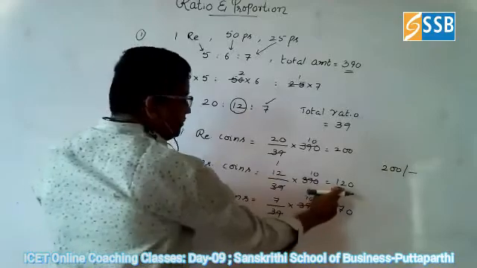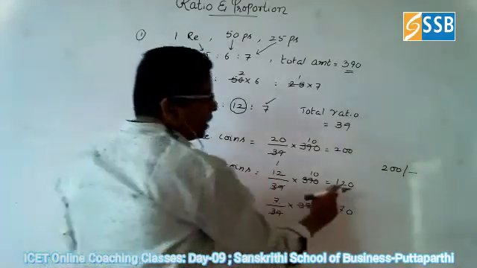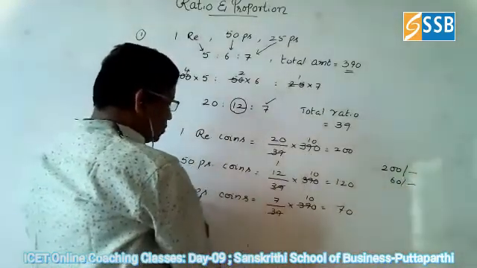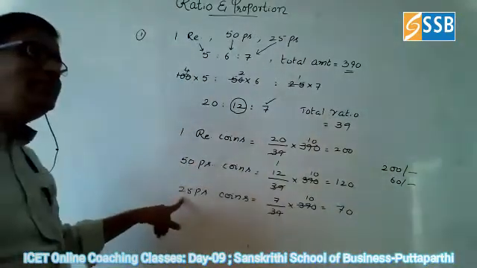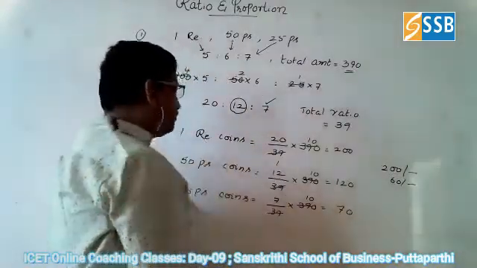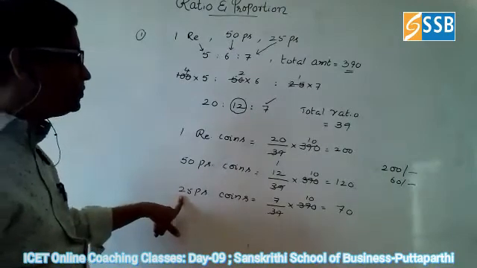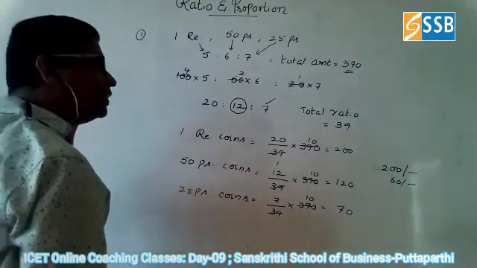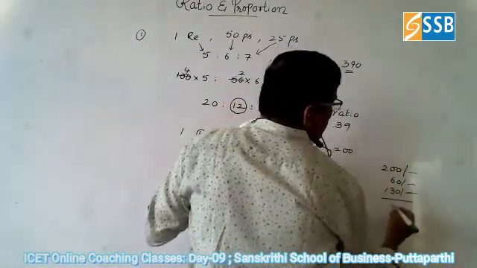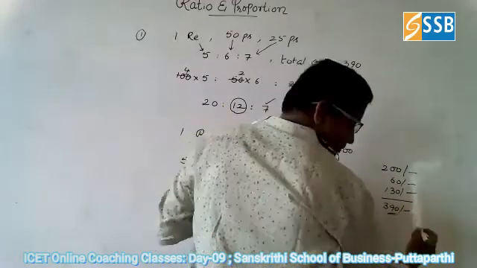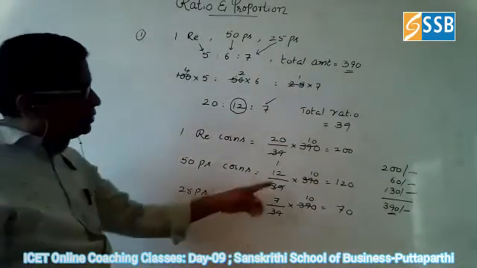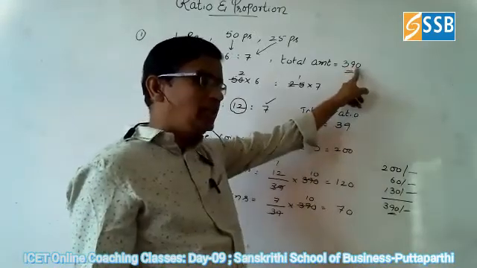Okay. 120 50-paise coins means half rupee coins, so 120 half is 60. Again, what about 25 sevens? 25 sevens are 175. That is 1750. If you simplify it, automatically you can get 130. Now you can go for 390. That is the answer. So if you calculate this answer, if it is equal to this 390, then your answer is correct.